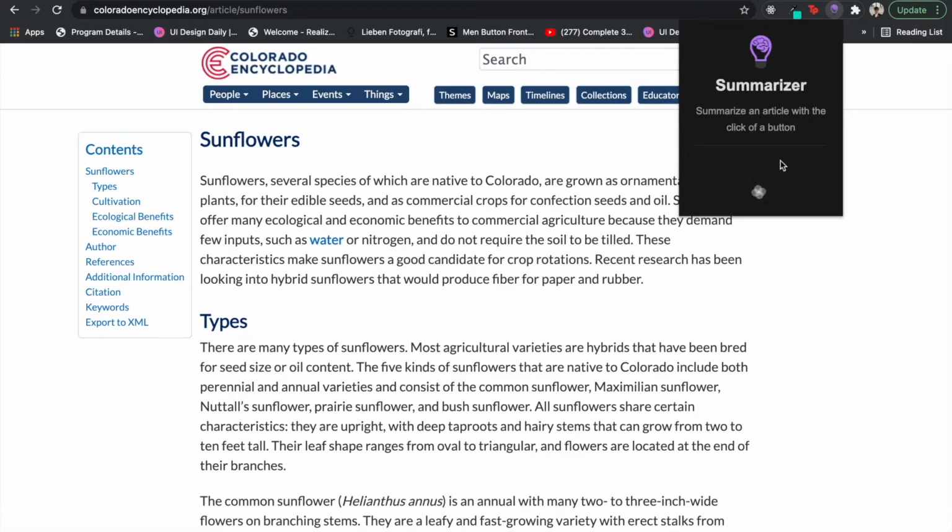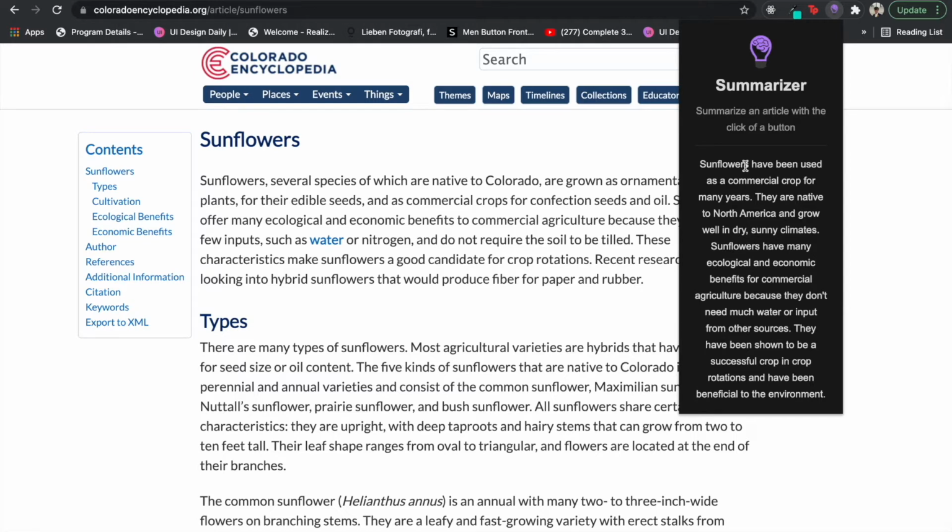I'll go ahead and click it, and then we're going to wait a few seconds, and we should see a summary appear of this article. Essentially what's going on here is our pop-out script is communicating with the content script, which is then traversing the DOM and parsing our article out of the DOM. Essentially, we then send that article to a background script, which is then making an external API call to OpenAI's GPT-3 closed beta in order to get a summary using natural language processing. That summary is then interpreted from GPT-3 and is sent back to our pop-out, which is then displayed before us